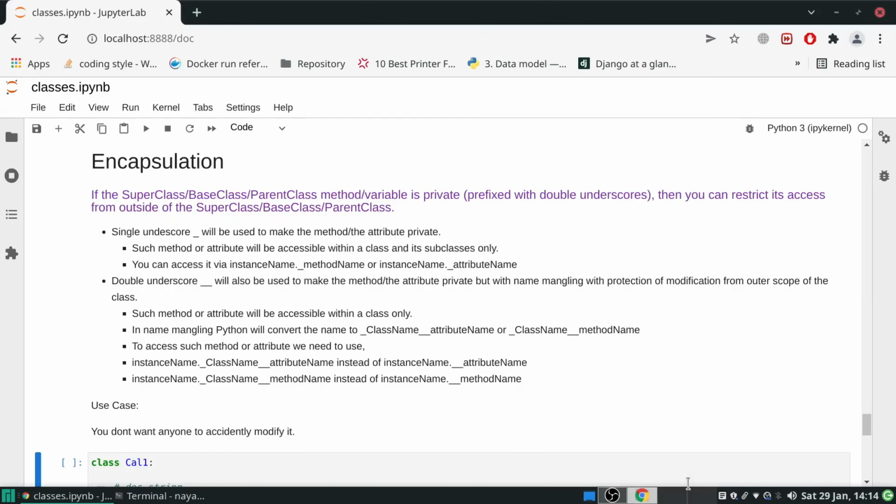Hi all, today we will talk about encapsulation in Python. Encapsulation means to restrict anyone from accidentally modifying something. In encapsulation, we restrict the access to the method or the attribute from outside the scope of the class in Python. When we say that we have encapsulated any Python attribute or any Python method of the class,